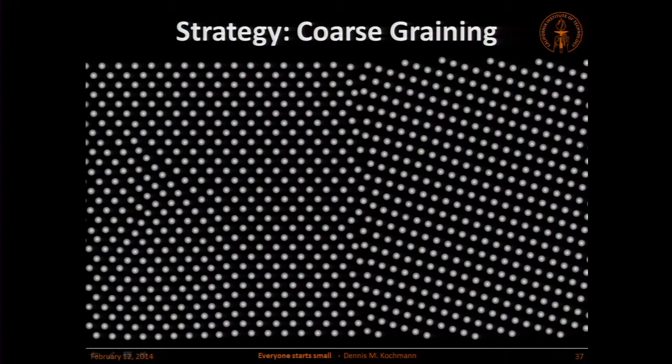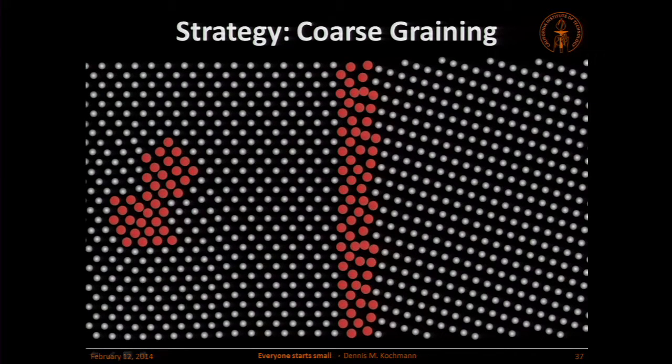One of the things we do is develop models that are based on coarse graining. I'll just give you a quick idea of how this works. Let's say these are the atoms in a crystal. We have a grain boundary in the middle. This is one orientation, that's the other one. And we have two dislocations over here. You can actually see them. Here's a line of atoms ending. Here's another line of atoms that ends somewhere in the middle.